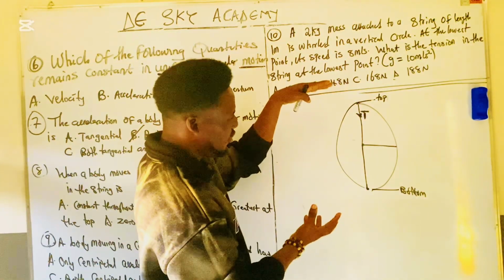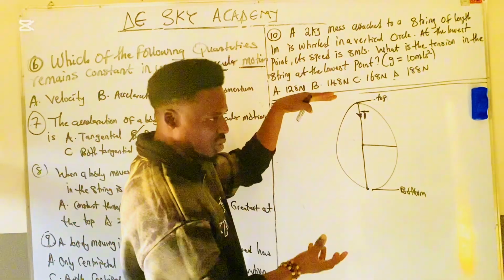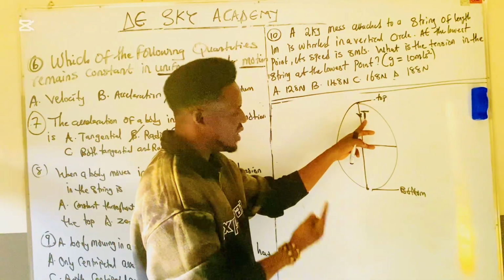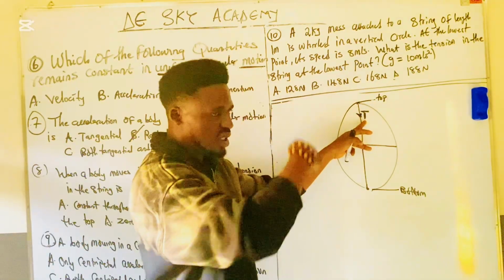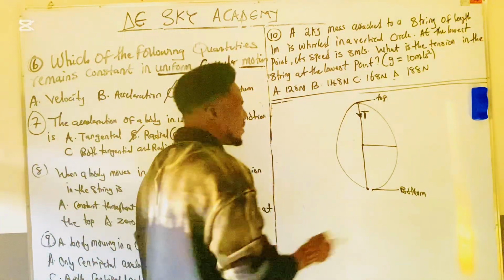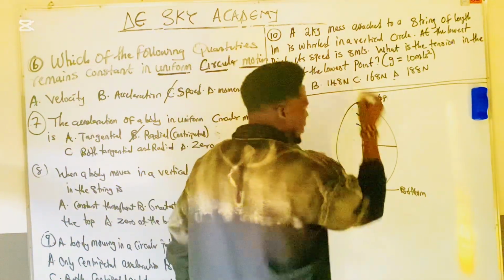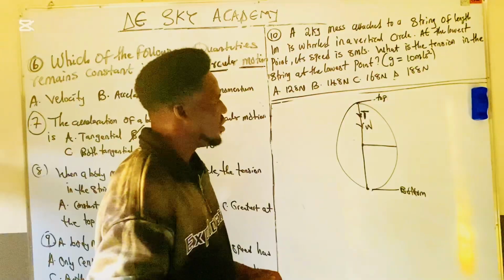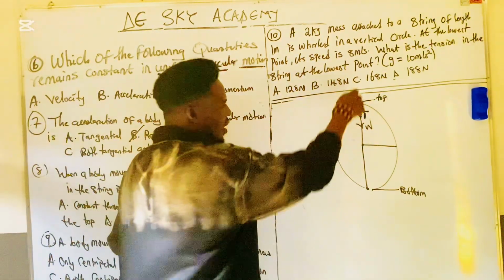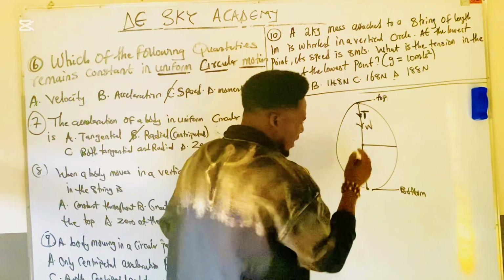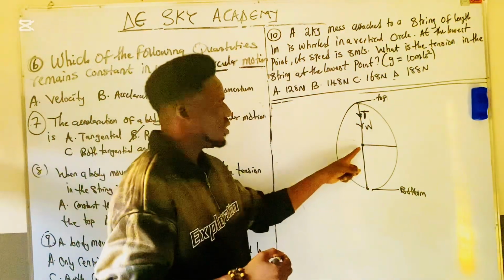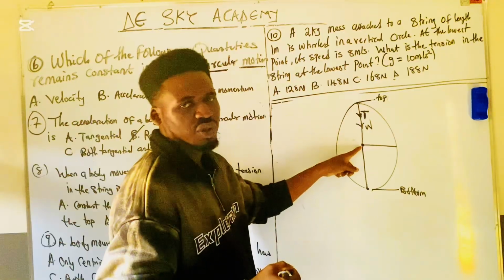So there is a force that is also pulling the body downward, not just the rope only. The rope, which is the tension force, is pulling the object down. Then there's another force that's also pulling the object down, which is the weight. So I have two forces that are pulling the object down, both the tension and the weight, and both of them are moving towards the center. So if they are moving towards the center, they will produce a force called centripetal